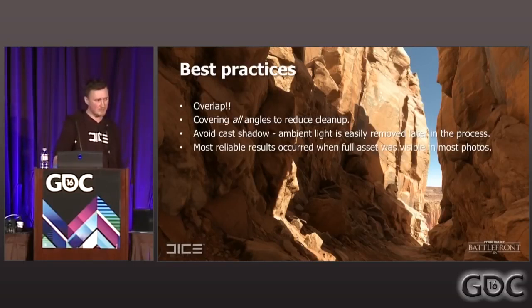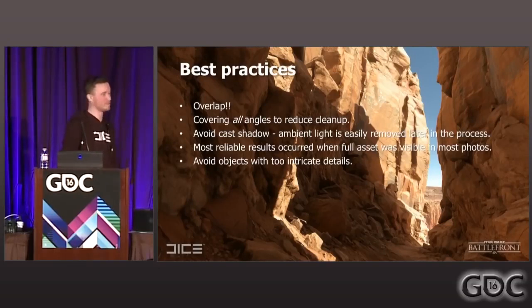And the most reliable results from our trips were from capturing assets when they're in full frame. We'd start in the first few trips by capturing things a little bit too close, and then you run into the problems of overlap and covering all the angles, so it's best to step back a bit. We didn't need the extremely high detail quality in the end anyway, so it was useless information. And Photoscan is not great at the moment with things like grass and noisy textures, so we just avoided those kinds of surfaces and rather broke them down into components.